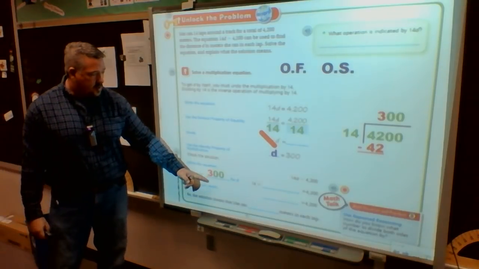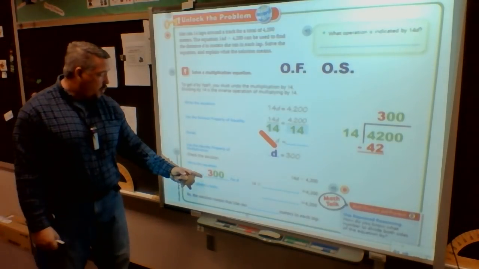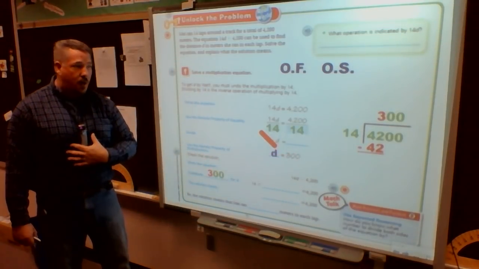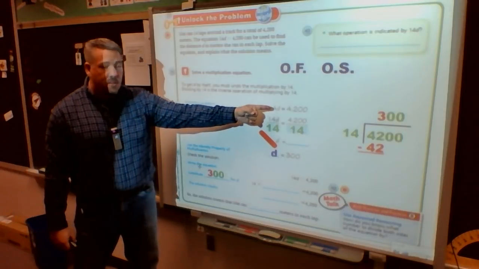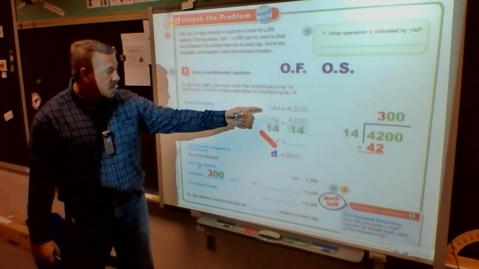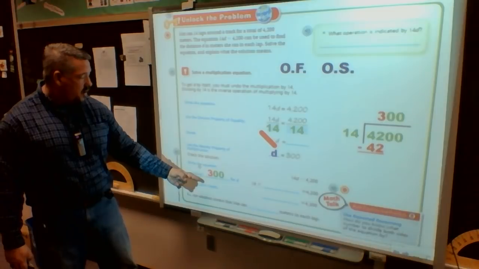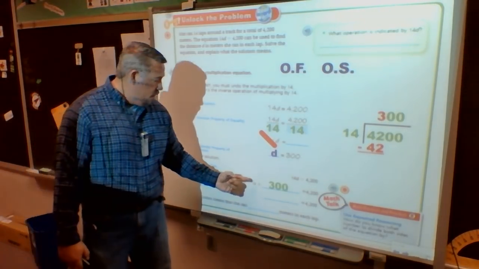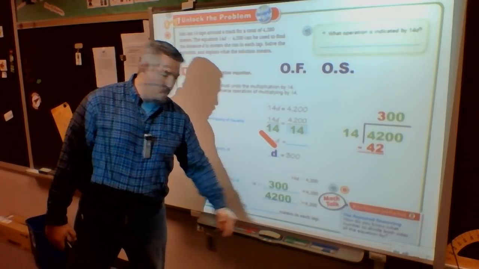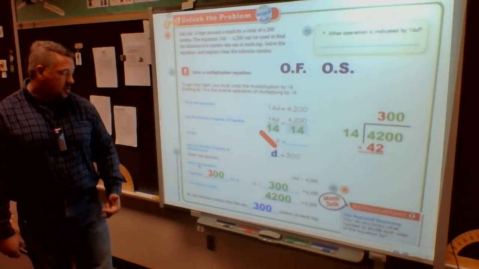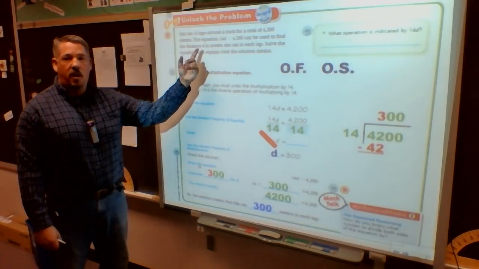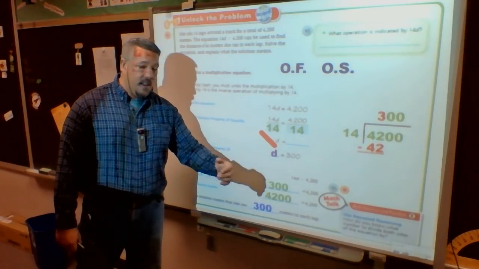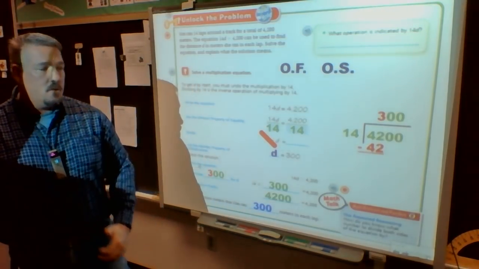So when I'm going to check my work, I'm going to substitute what I found. If I found that D is equal to 300, I'm going to substitute the 300 back into the original math problem. It tells me that it's 14D and D is 300. So I take 14 times 300, and I check on my handy dandy calculator, 14 times 300 does indeed give me 4,200. I know my answer is correct. So the second step was to explain what it means: Mia ran 300 meters in each lap that she went around.